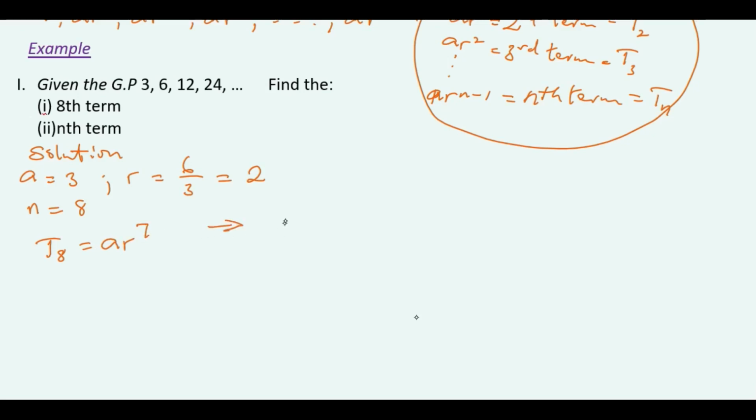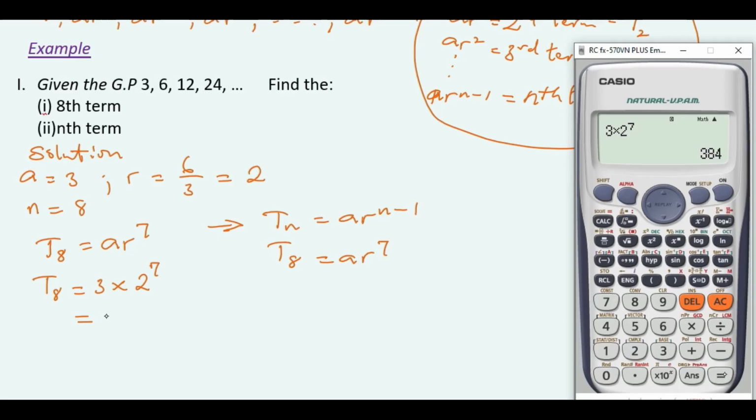Or which we got from the nth term equals ar^(n-1). Put n equals 8 here. You have the 8th term equals ar^(8-1), which is ar^7. So this is our 8th term now. So we continue. We put all our values there. Our a is equal to 3 and our r is equal to 2. So 3 times 2 raised to power 7. So what you have here, the answer is equal to